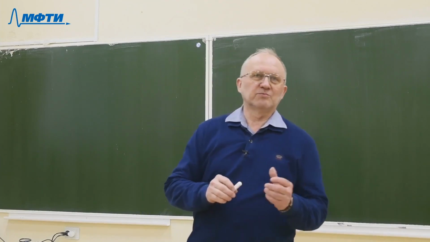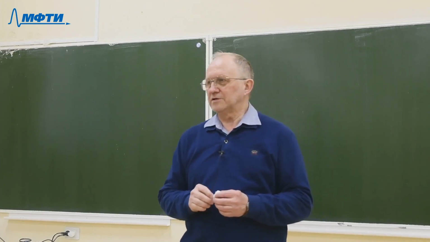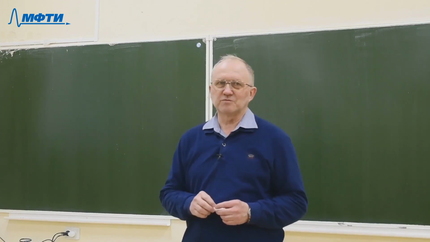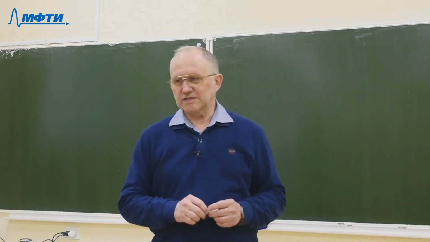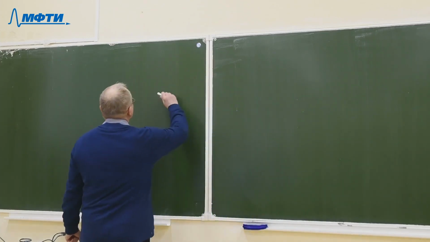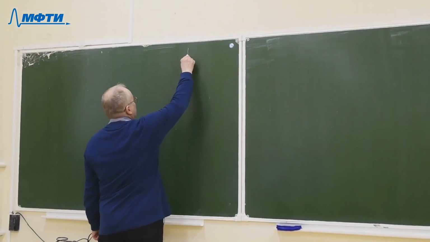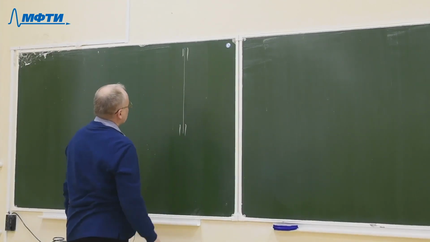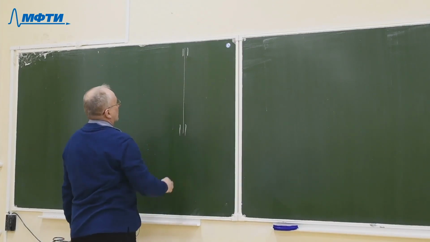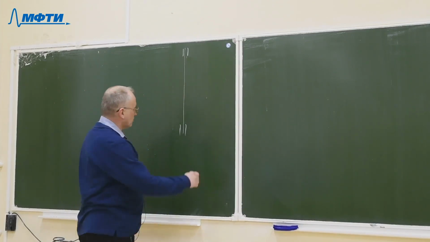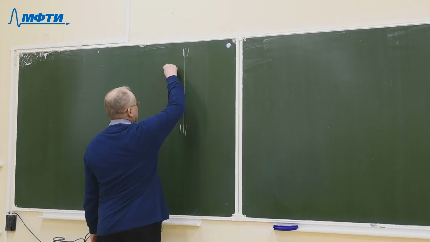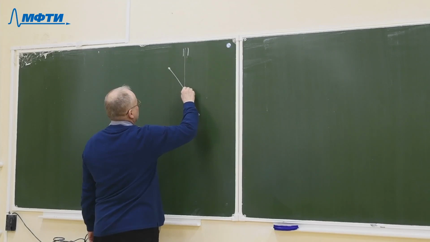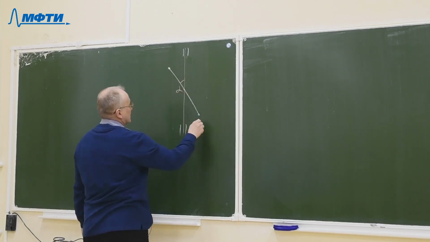Okay, hi everybody. We continue our discussion of rotational motion. And last time we considered such a problem when the axle of rotation was fixed in two roll bearings, and a light rod was fixed to the axis at some angle alpha, and